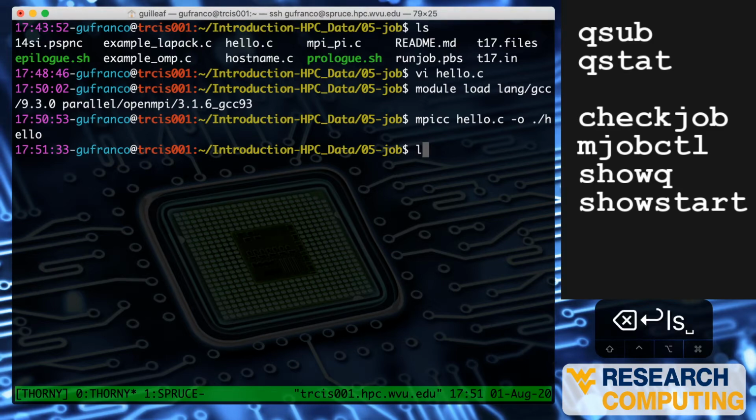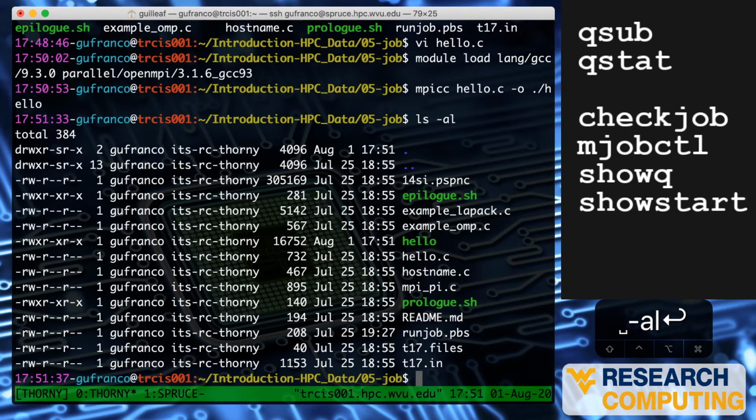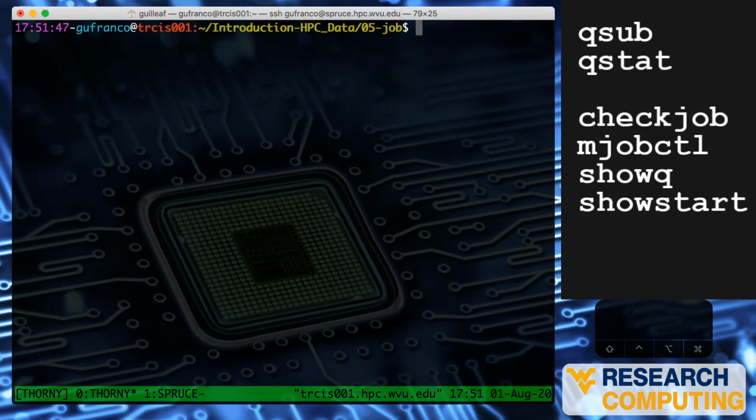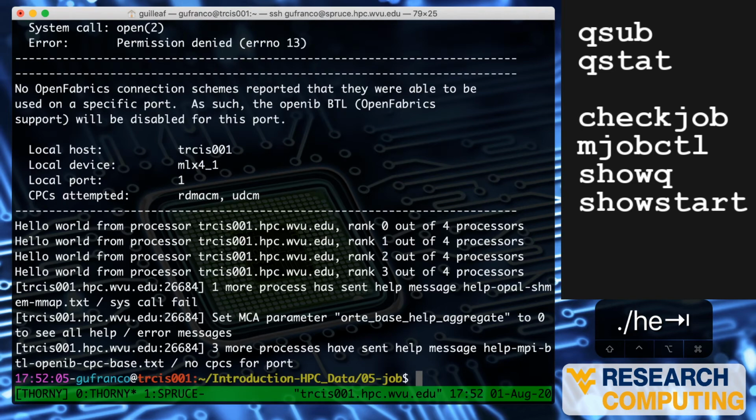Now, if you see here, I have one extra file called hello, and this file is executable. So now, if you own your own computer, you can perfectly run this with the number of processes that you want. I can do this because this program just takes a few seconds. It will show some messages. You can ignore those